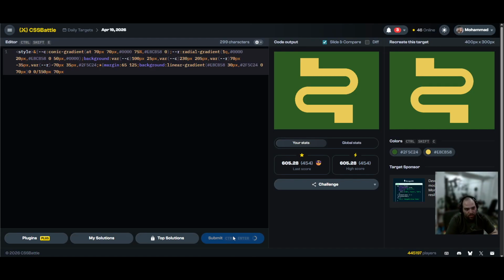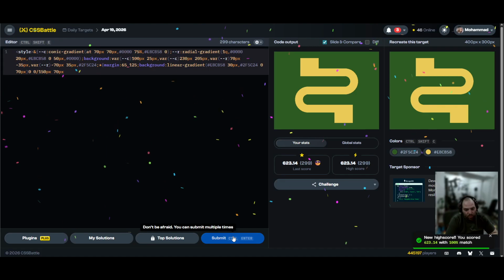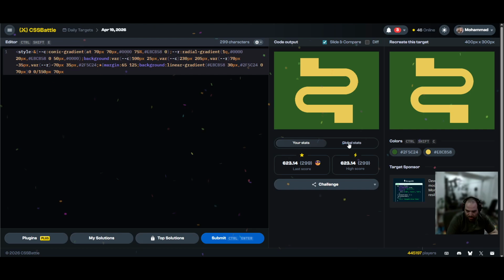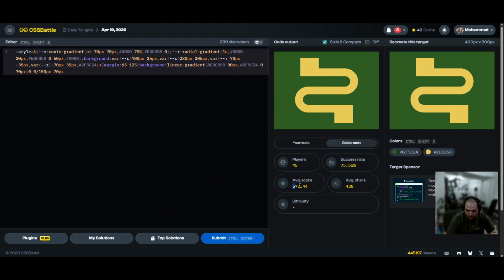299. Okay, 623, compared to global stats. Okay. All right. Cool. I guess we're done. I'm thinking these could have been elements with a border, and then you just have two and the borders kind of overlap. But anyway,